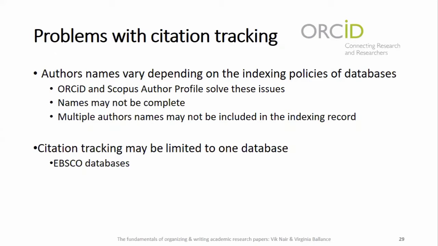So a way around that is to use author profiles in Google Scholar or ORCID in order to pull together all articles by a particular author. Also, citation tracking is really limited to one database. Like EBSCO, for instance, it's only per database. So you can click on an author's name and it's only going to pull up the articles by that author